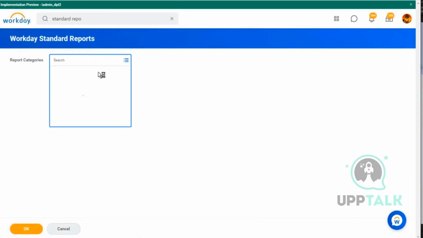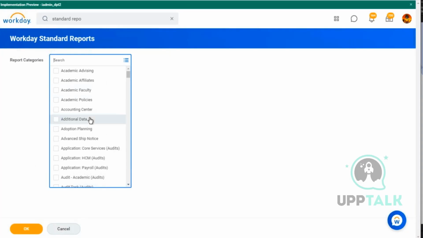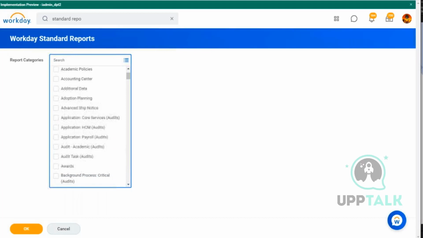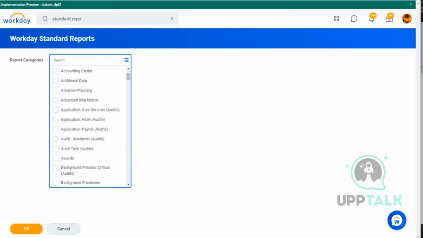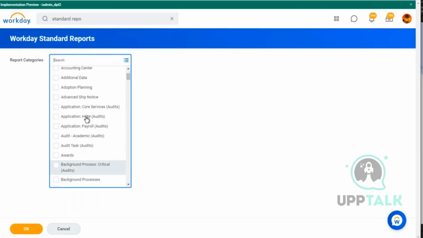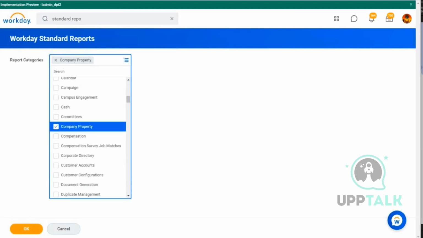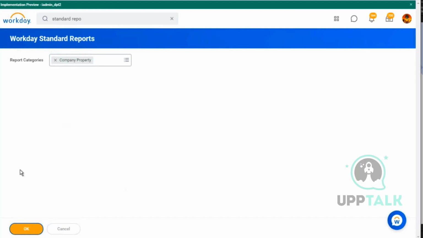So see, you can filter either on report categories. If you're looking for maybe only finance related reports, you can do that. You can filter on whichever particular data you are looking for, like if you're looking for payroll, or balance processes, you can filter on that. But let me just click on maybe HCM. Okay, and I'm just running a random set here to show how you can leverage this